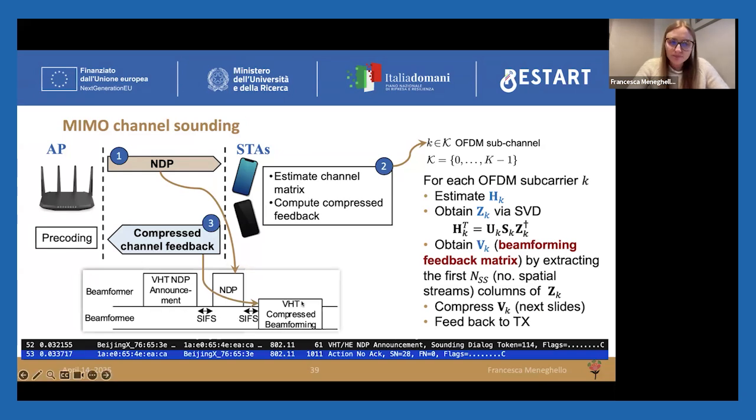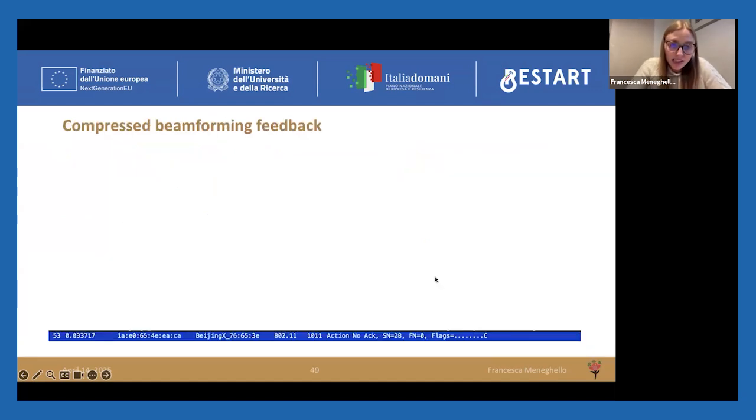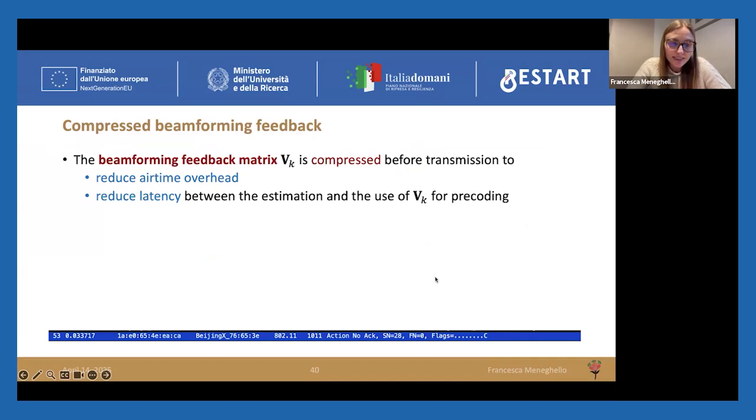the access point. Here you can also see the different packets in the time domain, how they are transmitted by the beamformer and the beamformees. So the compression is implemented for two reasons. The first one is because we want to reduce overhead, because we don't want to occupy the channel for control data. We want to transmit as much data as possible and reduce the amount of control data transmitted over the channel. And the second reason is that